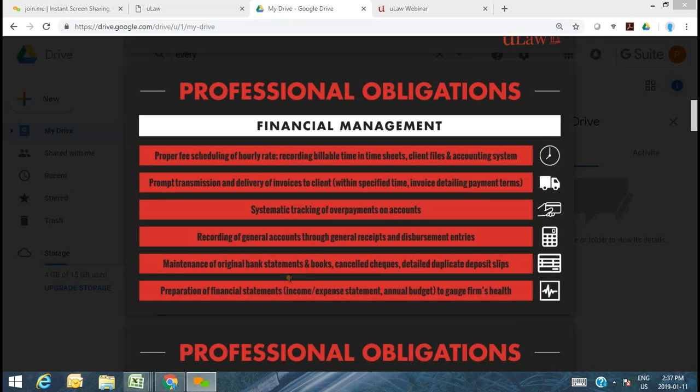And this could be paper, electronic, whatever format it may be. And why you need that is to ensure that you're able to back that up for your monthly reconciliations that you deliver, which is an obligation as well. Okay, so you have to manage your books, which we spoke about, ledgers and journals predominantly. And if you do have trust and general, you've got to do that for those accounts as well. And we'll talk about that in further detail later on.